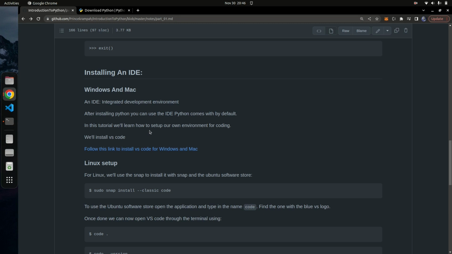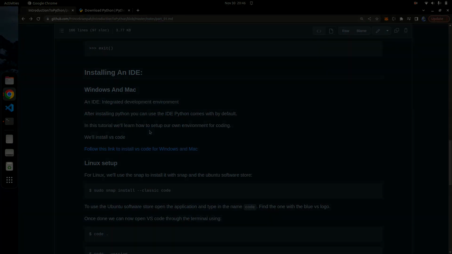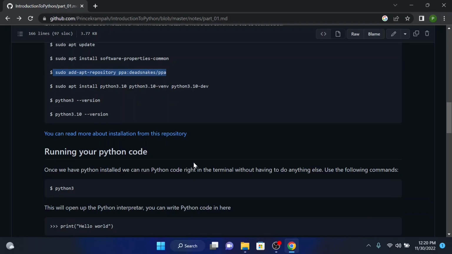Let me just switch to my Windows machine. So guys, welcome back. I switched back to my Windows machine. Probably you have gone ahead and installed Python on Windows, or if you are using Linux or MacBooks, you also have Python installed at this point. One thing we didn't do in Windows is to check the Python version.